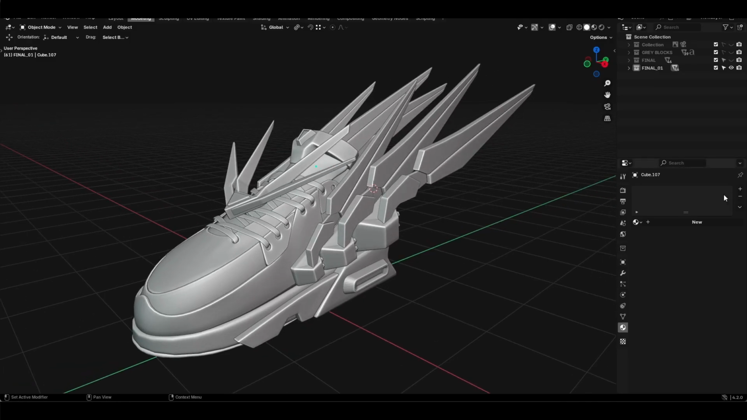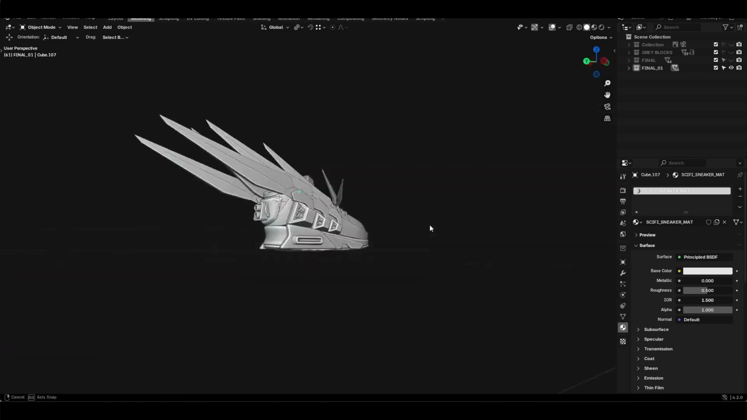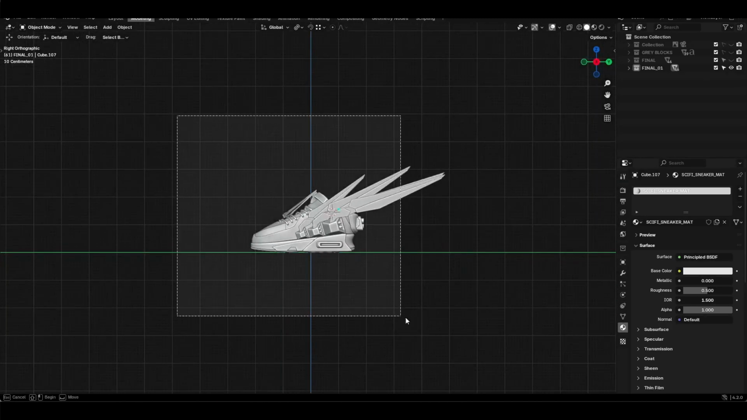Next, let's add a material, and let's rename this. What should we call this? Sci-fi sneaker. Let me make it all caps. Sci-fi underscore sneaker underscore matte. It means material, not Mateo JFX. Sorry. Okay, anyways, so let's select them all,